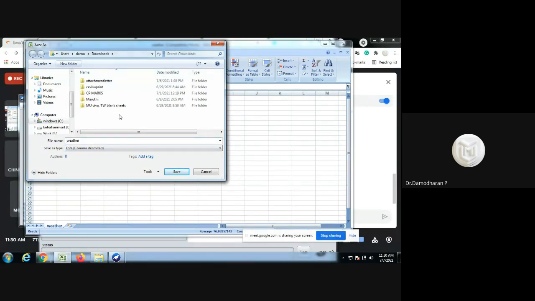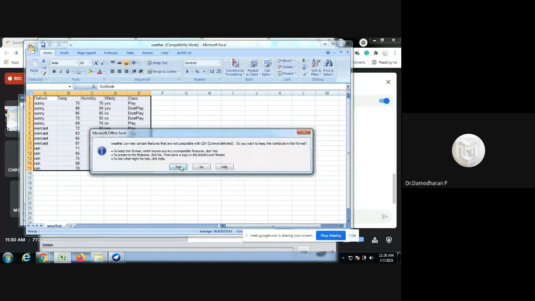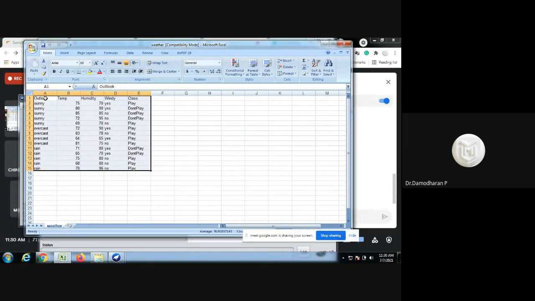I'm using a folder to store the file generated as the CSV file. Okay, I'm closing it. Now this file is stored in such a way that each value is separated by a comma.